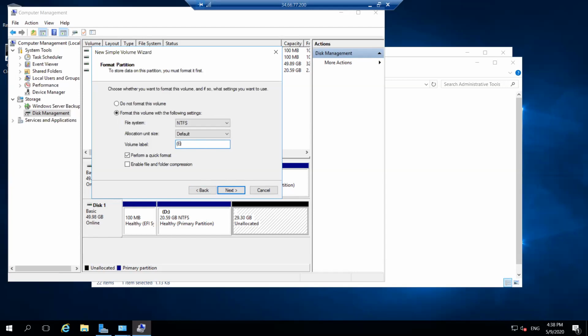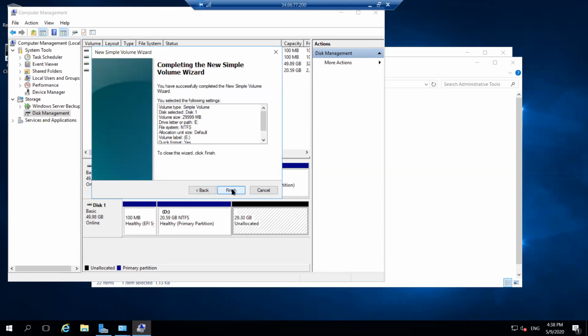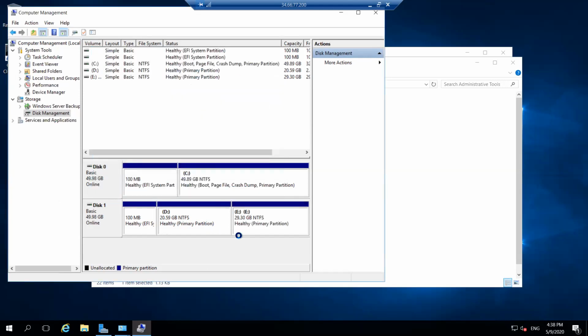That will be E colon. Then next, then finish. Now we have a healthy primary partition E. So that was our task for today.